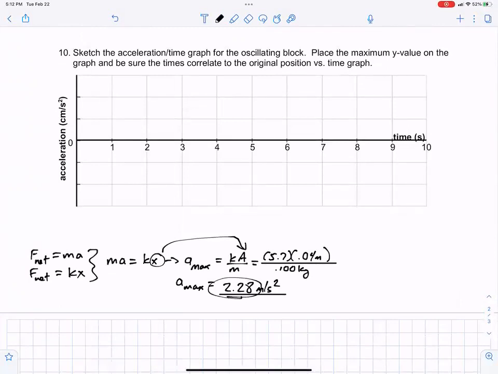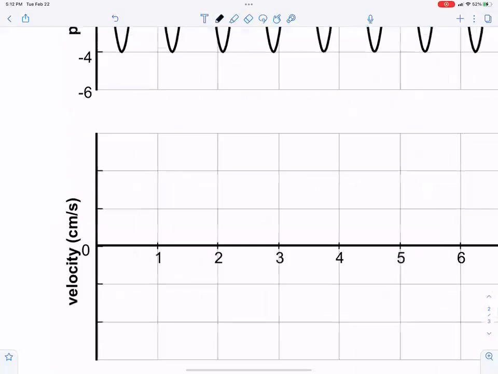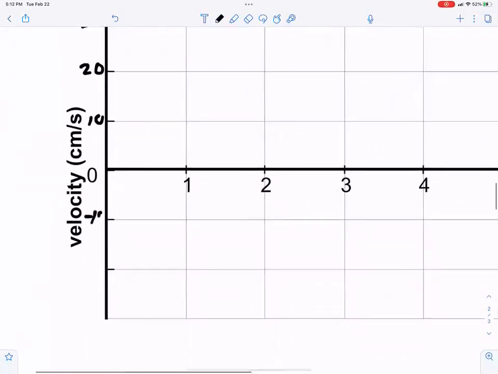Oh, keep in mind, I'm sorry, this is centimeters per second. I almost missed that. Okay, so I can fix that by going 10, 20, 30 centimeters per second, negative 10, negative 20, negative 30